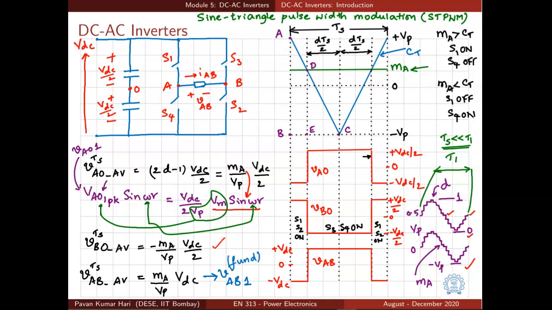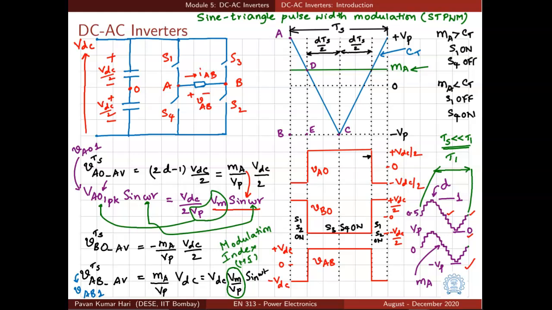So that is equal to minus MA by VP into VDC by 2. Now our load voltage is the voltage across A and B, that is VAB. The average value of VAB over Ts will be VAO average minus VBO average, that is MA by VP into VDC. And this average value is also the fundamental component of VAB,